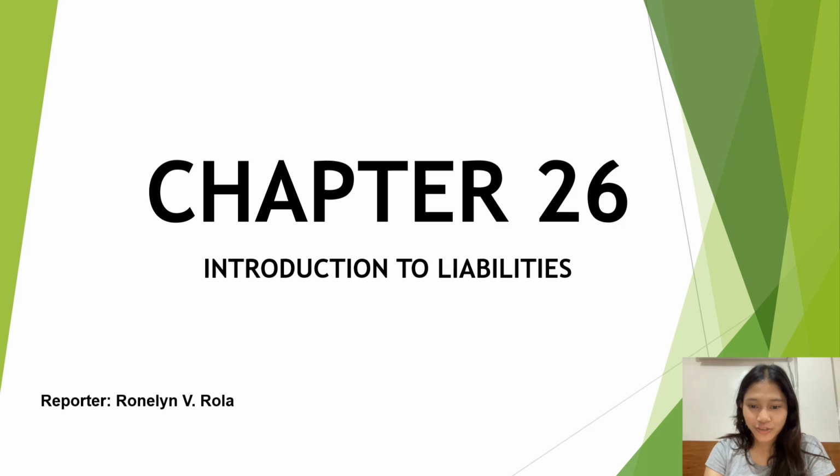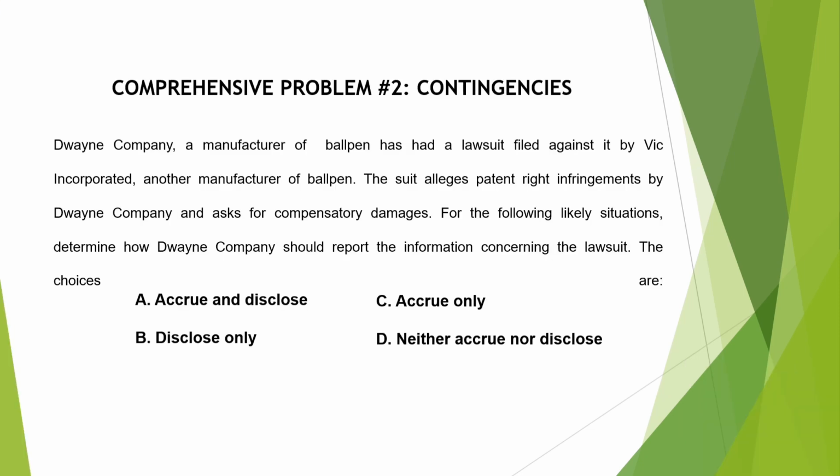Chapter 26, Introduction to Liabilities. Our second comprehensive problem is all about contingency. And when it comes to contingent liability, the key is to know when to accrue and disclose, or just disclose, or perhaps neither. And now, we will answer a problem